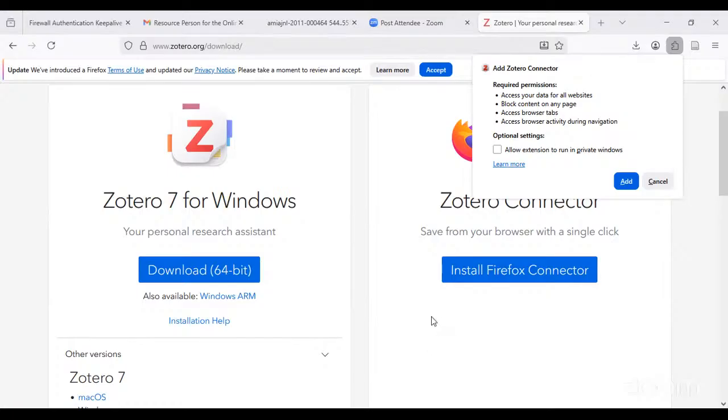After that it will show the path where Zotero will be installed. It shows me upgrade because I have already installed it on my desktop. Here instead of upgrade, you can see the finish button, and you just click on finish and your software will be installed here. Do you understand how to install Zotero?